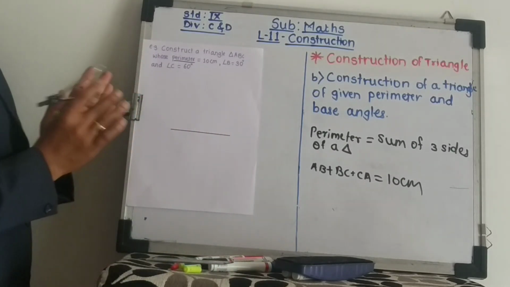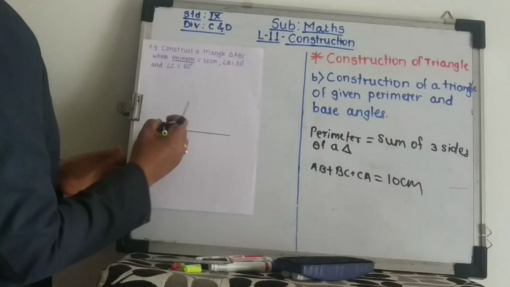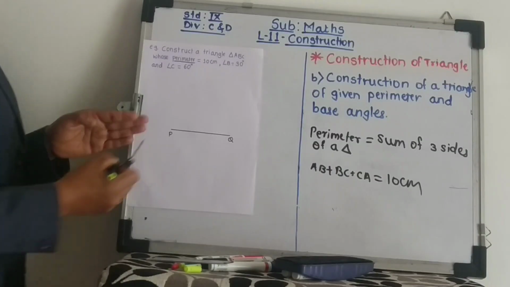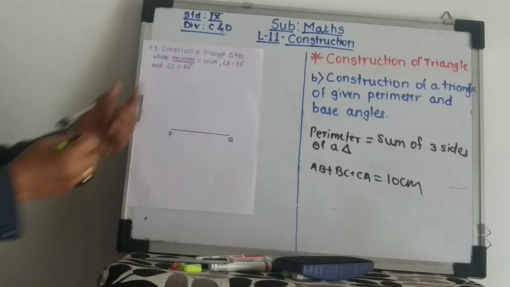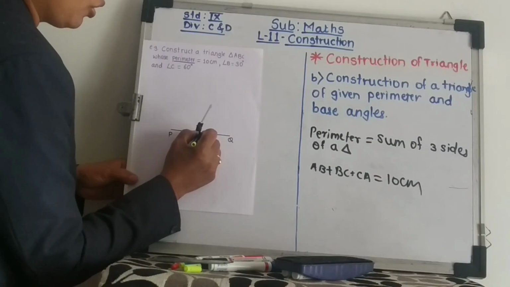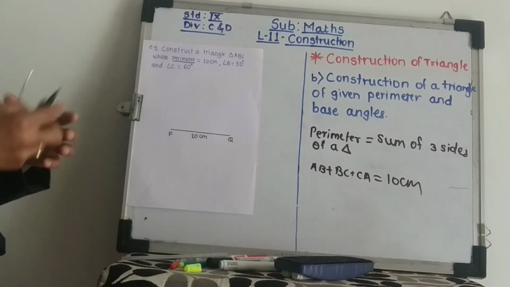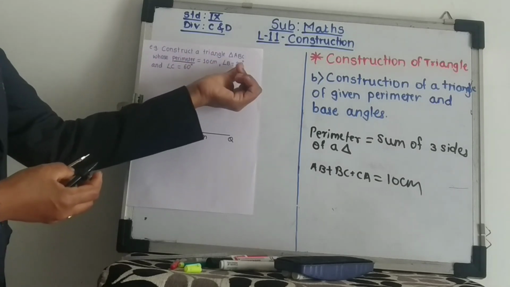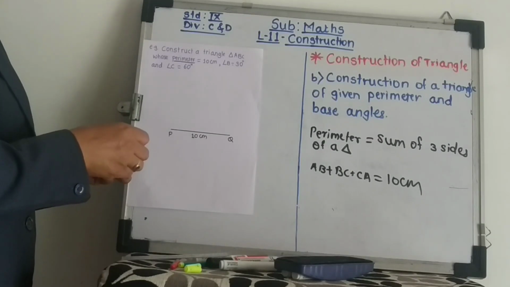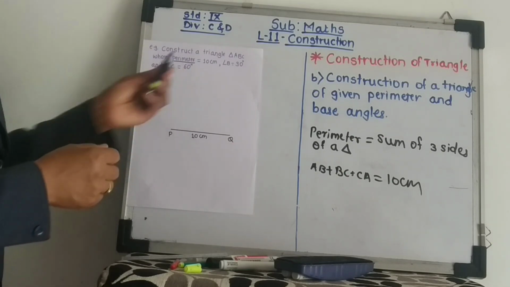These are not our B and C points. These are different ones. We will get B and C as some other points. So I'll label these as P and Q. But when we draw the angles, they will be 30 and 60 degree angles only. Now on this P we will put the compass and we will draw that 60 degree angle, or we will show that 30 degree angle, sorry. And on Q we will show 60 degrees.